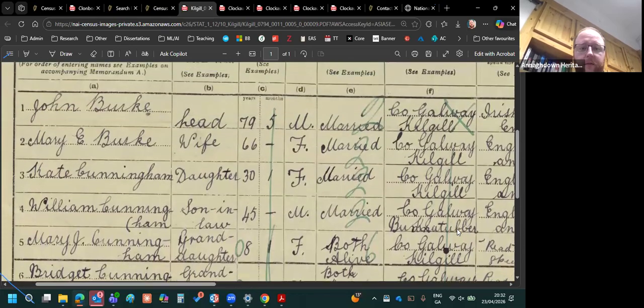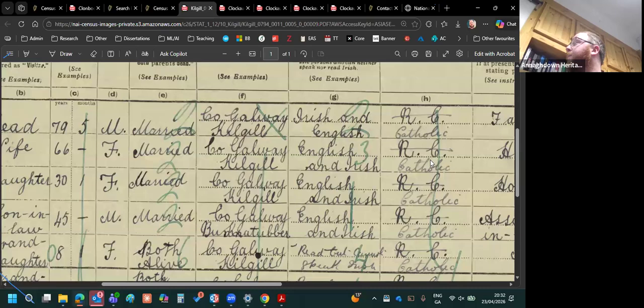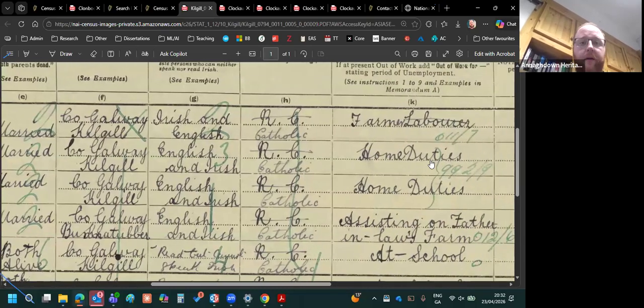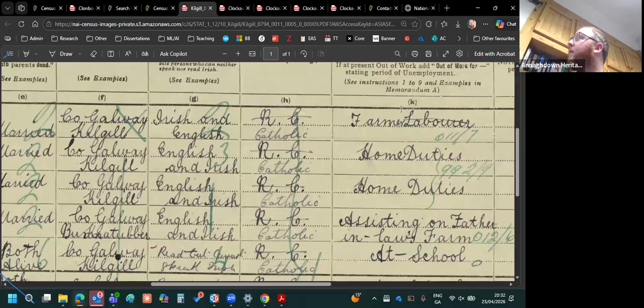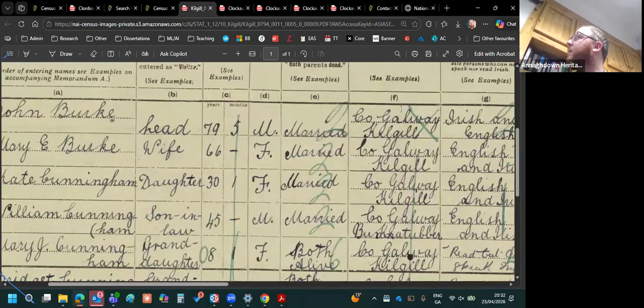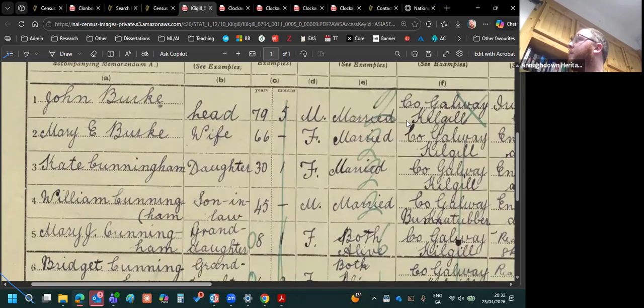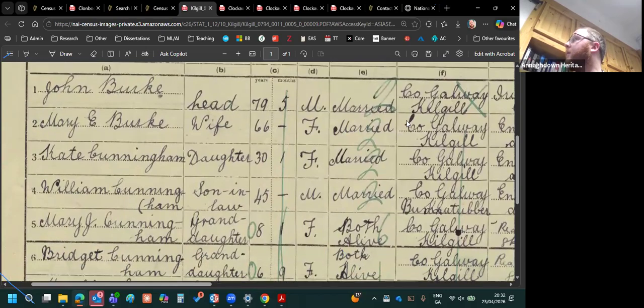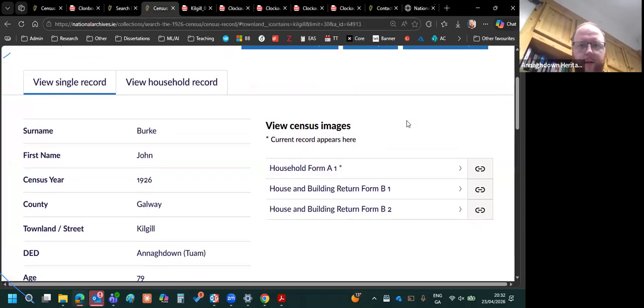And this is the case for a lot of married women in Kilgill anyway. They didn't actually enter their correct birthplace. More than likely because it wasn't them that filled in the form, and whoever filled in the form just put the same information in every position, which is unfortunate. But that's what happened there. And if you move over the road, the same thing happens along there. Might be identifying, where the head of the household. Maybe, yeah. Was there anything else there?